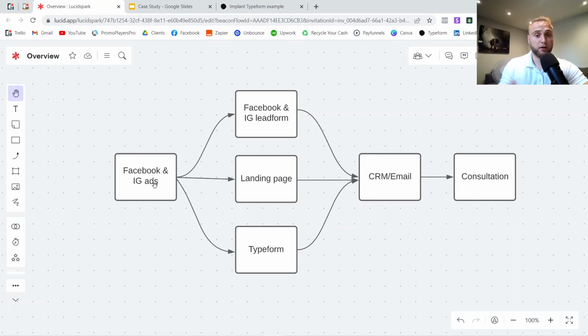If you want to create one, send it over to me. I can give you some advice on it. But the Facebook and Instagram ad is initially what you need to put out there, because that's what's actually going to get you noticed. So when someone clicks on the advertisement, like I said, you've got the 3 different places